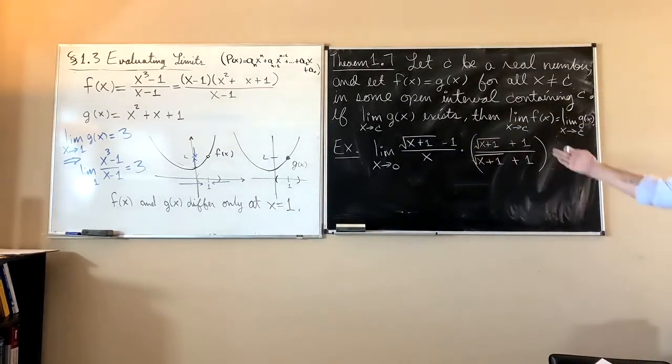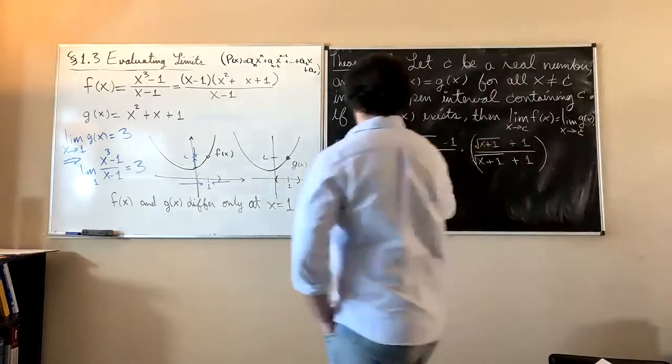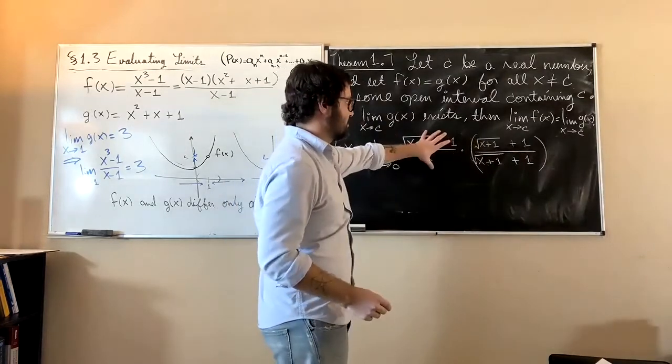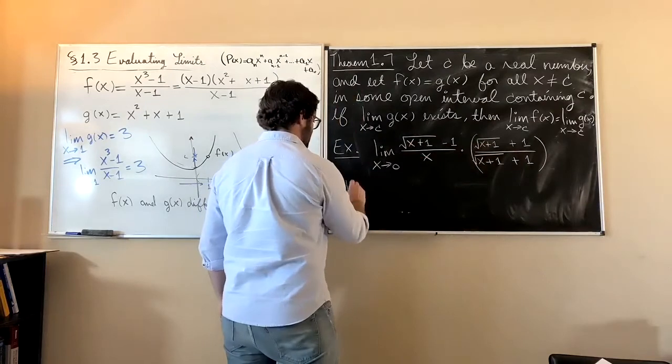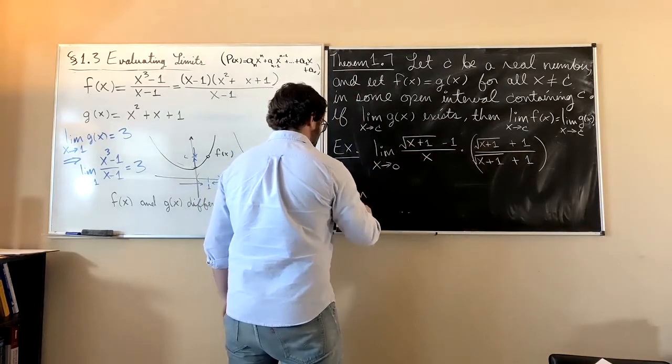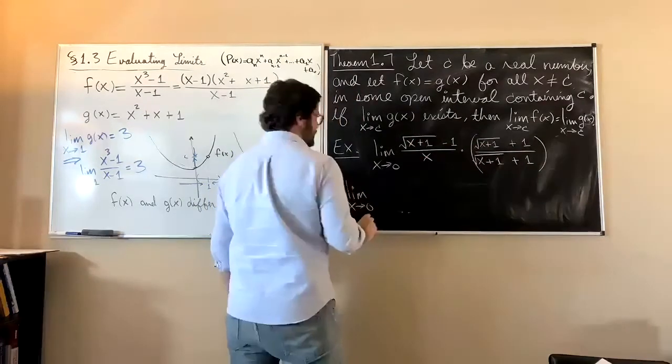Y'all should agree that this is equal to 1. It's something divided by itself. So when we do this, we can always multiply by some constant number equal to 1. So this limit is going to be the same thing as saying the limit as x approaches 0 of,